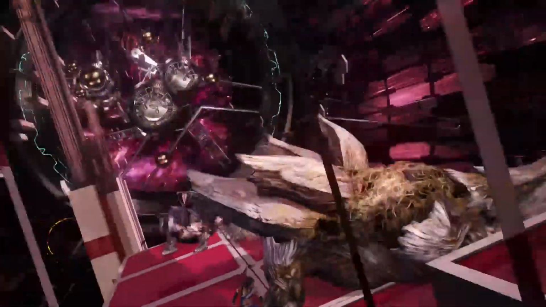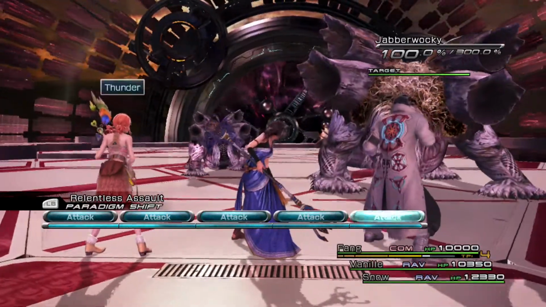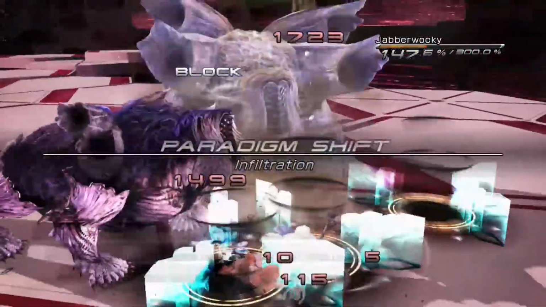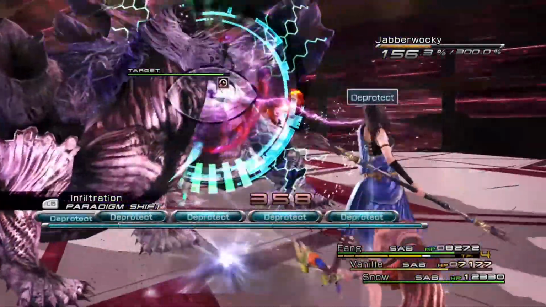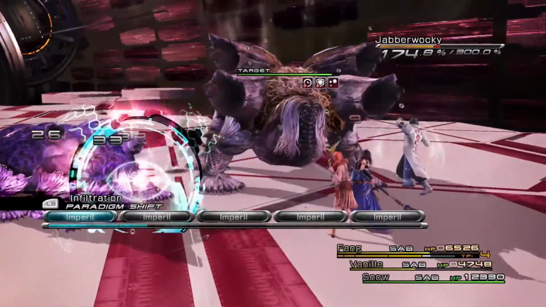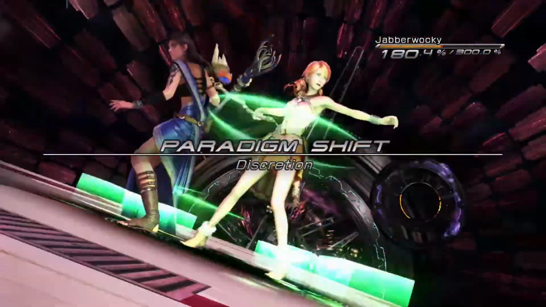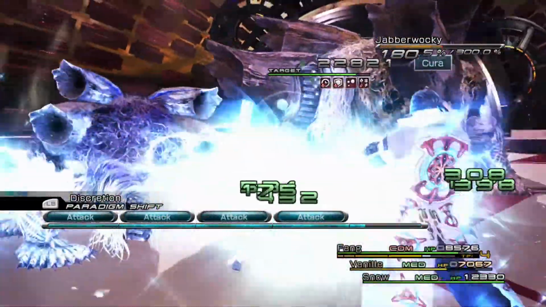Oh, this thing again. Now remember what we learned from last time? Go for the Jabberwocky first, because he tends to do a lot of healing. Oh, actually, he heals a lot, so we'll get rid of...